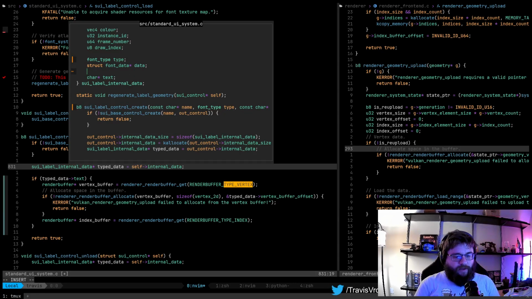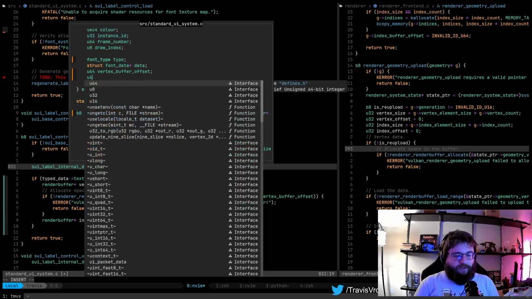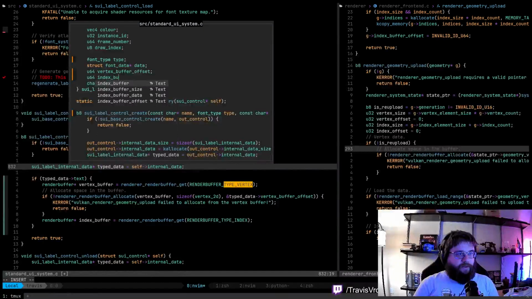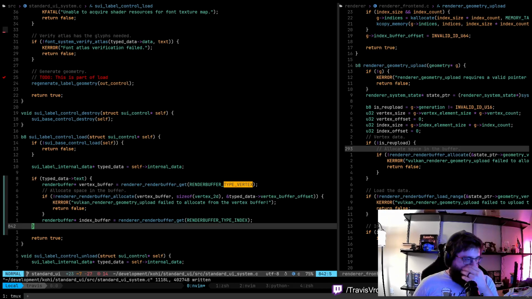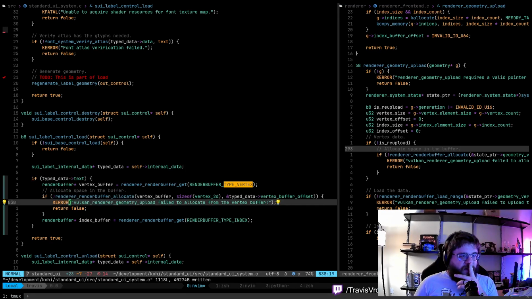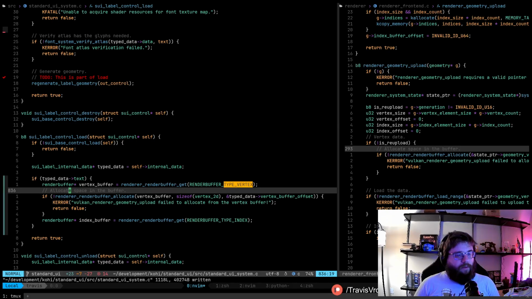So we need a U64 vertex buffer offset and a U64 index buffer offset. Right? So we allocate to there. And then why did it start deleting that?